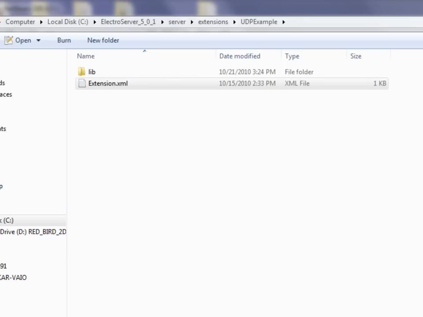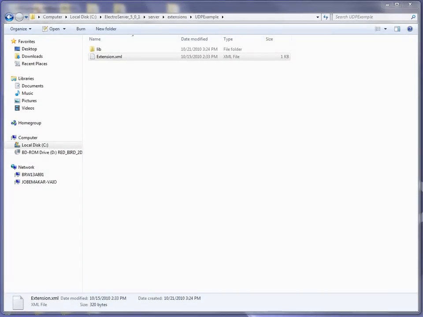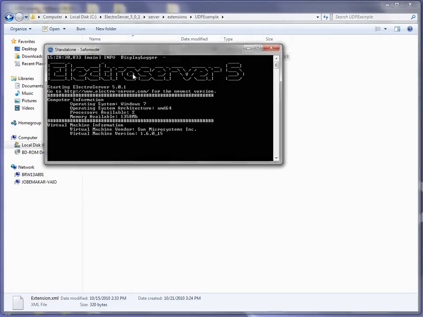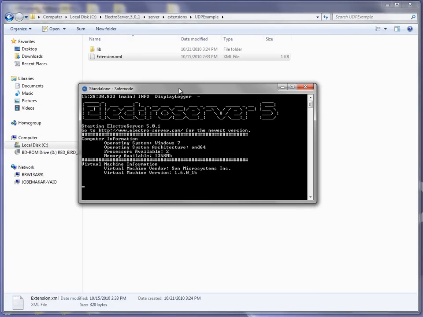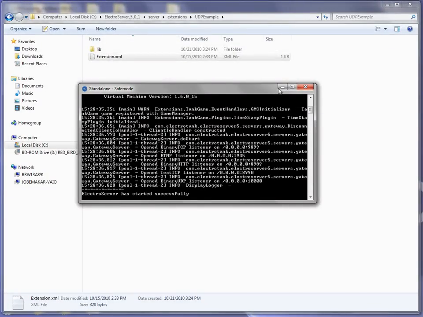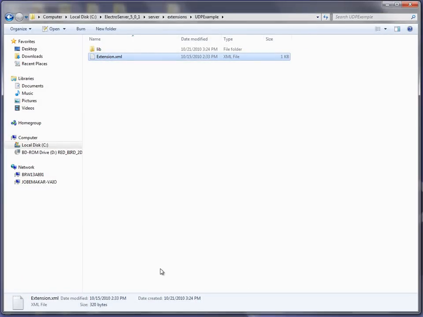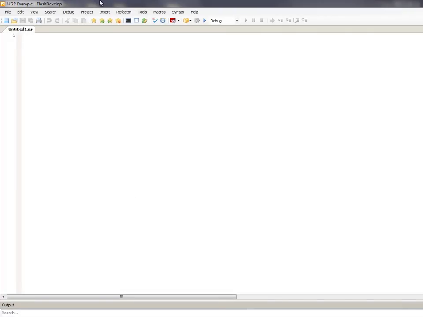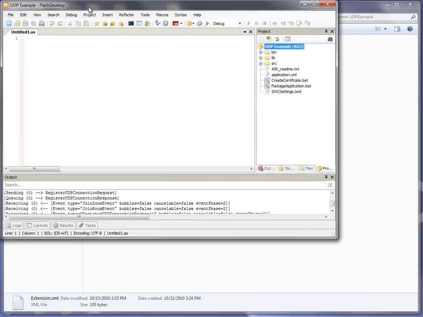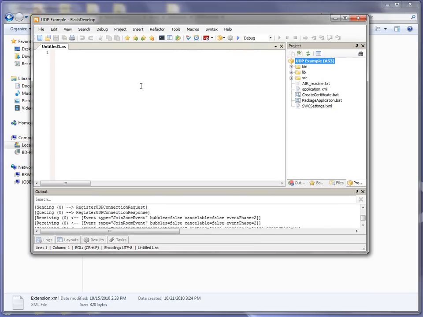So that's it. I am just going to launch ElectroServer really quick here just to show you that this works. So ElectroServer is launching locally, and now it's started. I'm going to test this UDP example with an Adobe Air client that I have installed. So I'm just going to